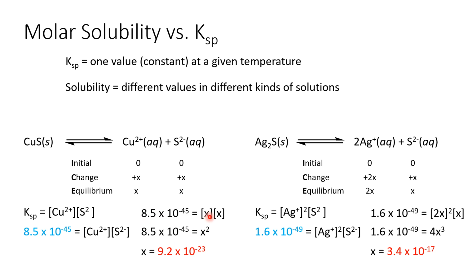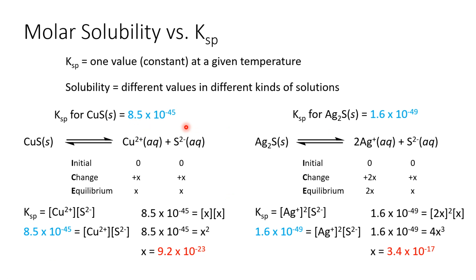If we plug in our x for our equilibrium concentrations, notice when we solve for x here, it's going to be x equals 9.2 times 10 to the negative 23. But when we solve for x here, we put in our equilibrium concentrations, 2x and x, and we get that this is 4x cubed. When we solve for x, check this out. It's 3.4 times 10 to the negative 17. Now notice,